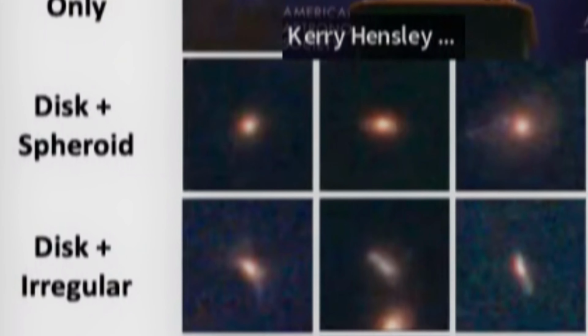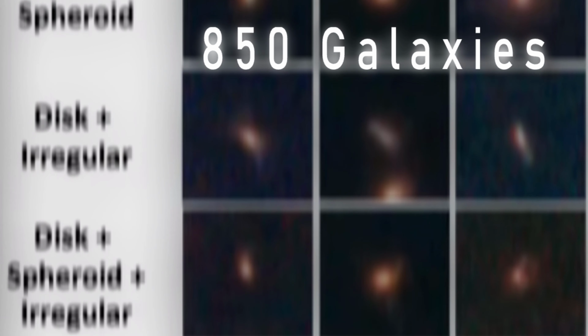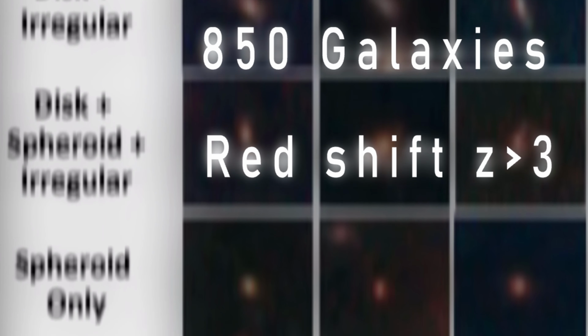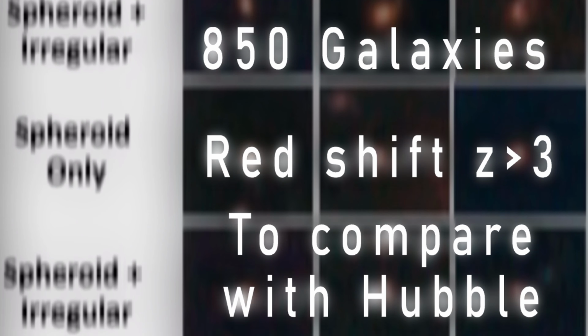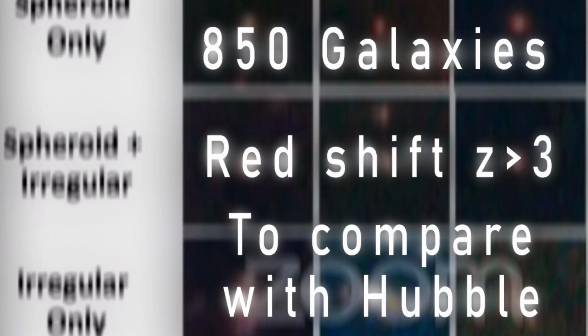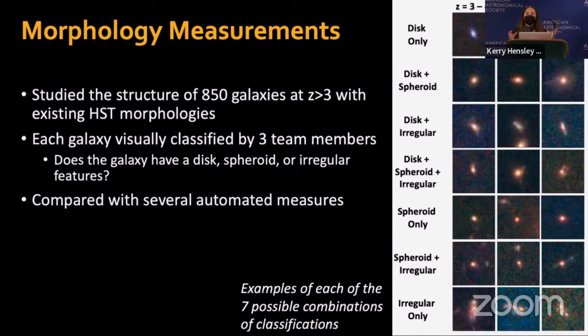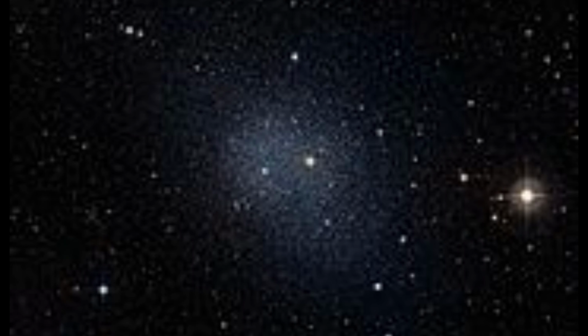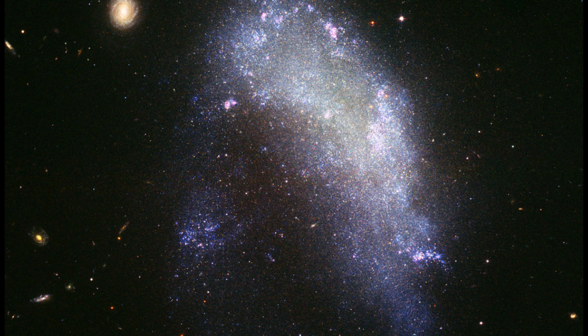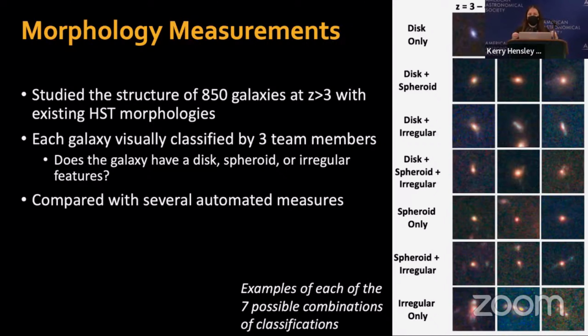In total, we analyzed 850 galaxies at a redshift greater than 3 that were also detected in Hubble imaging so that we could compare them directly. Each of our classifiers were asked to determine whether they saw evidence for a disk in the galaxy, a spheroid, or irregular features. And they could choose multiple of these categories